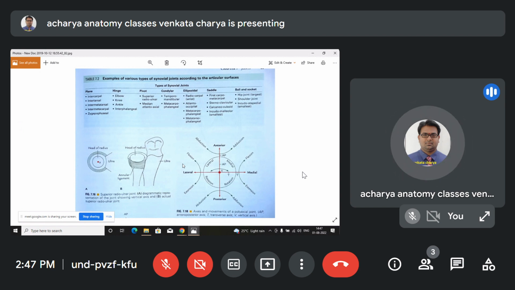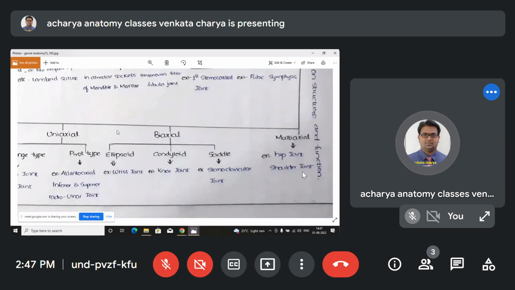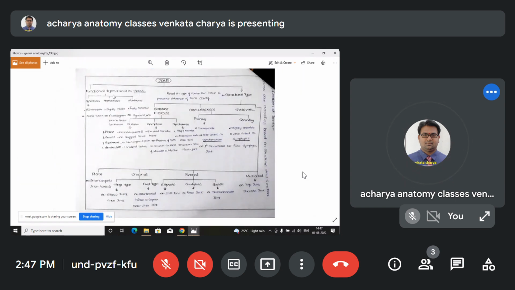So the long classification of the joints is a 10 marks question. So you must classify all those things like this. So functional type and structural type. In the functional type there are three classifications. So classified into three: immovable, like